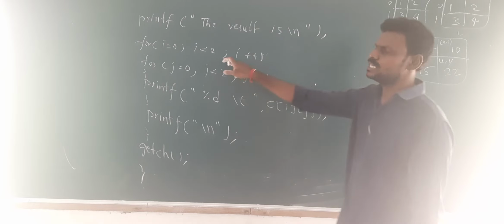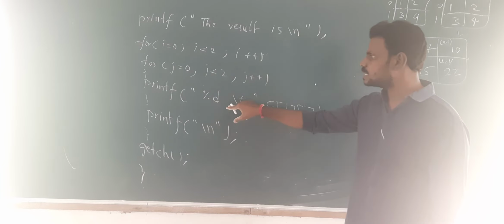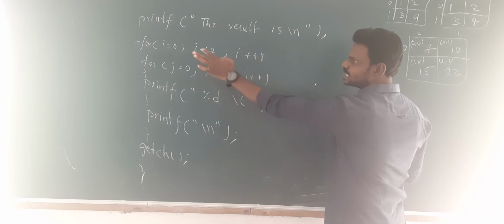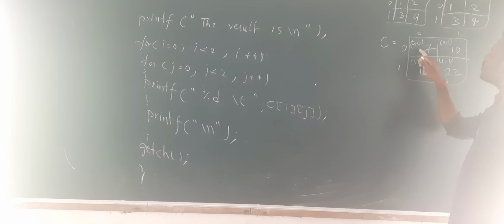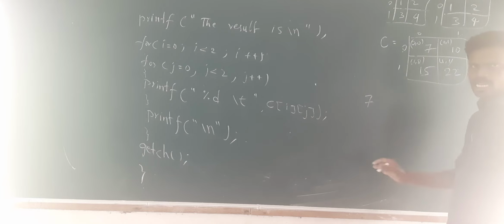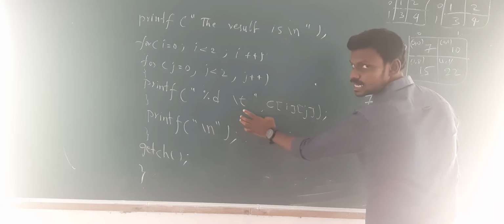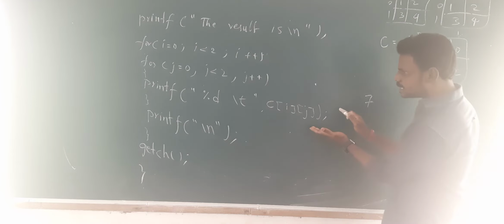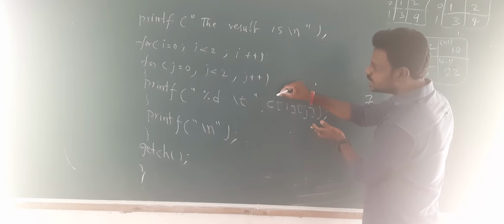i equals to 0, 0 less than 2, yes. And j is equals to 0, 0 less than 2, yes. I will go for the next one, that is percentile d. I want to print C of 0, 0. That is i is 0, j is also 0. I will be taking the value from this. C of 0, 0 is consisting 7. And after printing this number, I will take a tab space. Means to say that I have given this space. And after this, I have incremented the value of j. J will be incremented to 1.